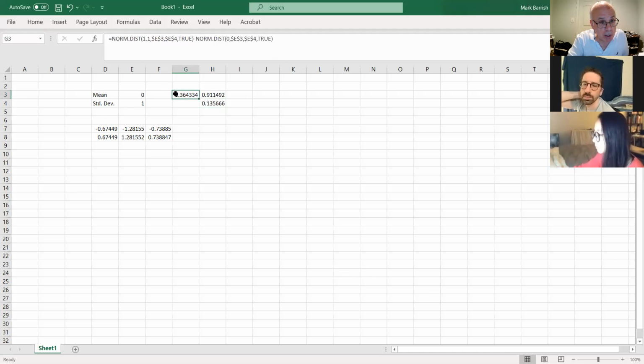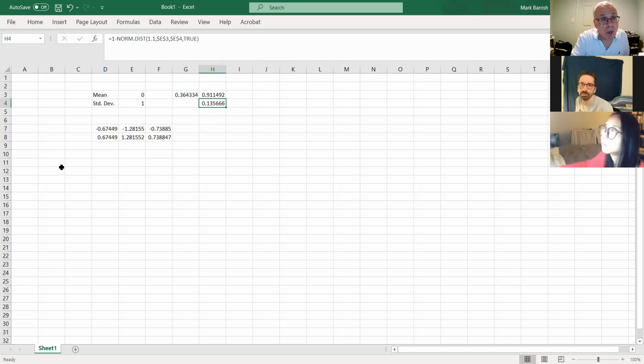All right. So part A would be the difference, right? Because it's between 0 and 1.1. So I'm just going to put a 1.1 for the upper value and 0 for the lower value, and then I hit enter and I get my answer. So you just set this all up ahead of time, have it all ready to go. The second question is a greater than question, which is this cell right here. This is greater than,